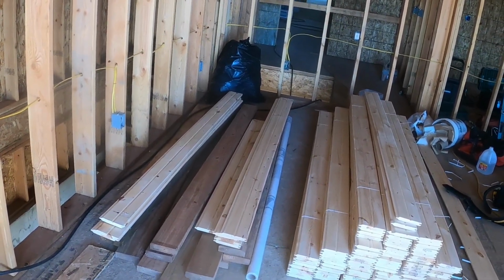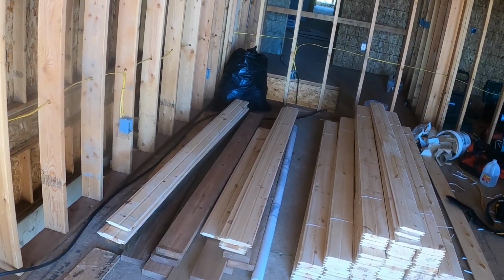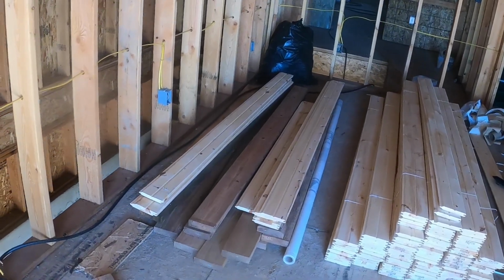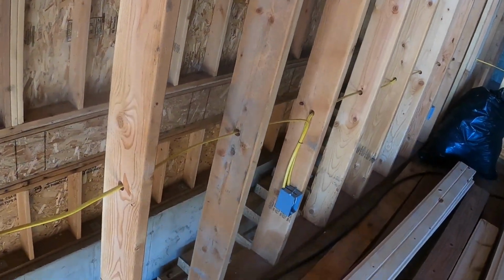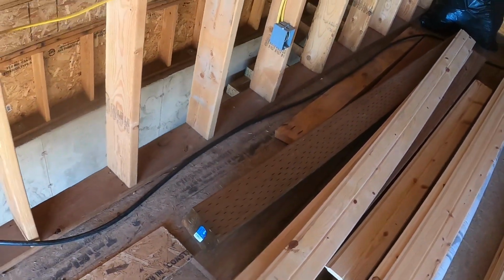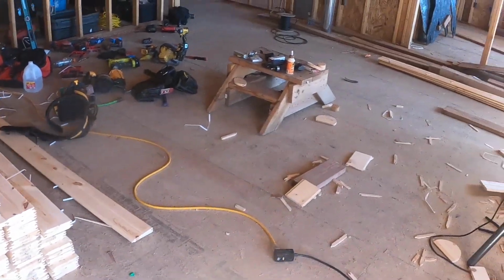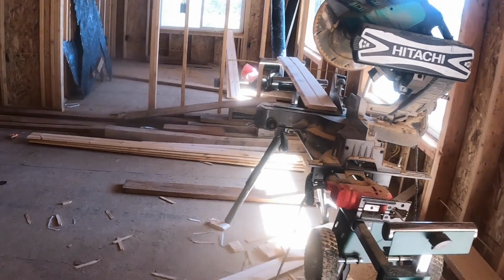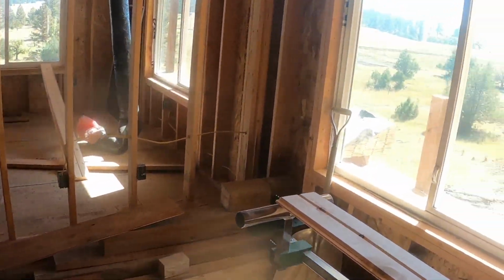4-foot pieces, and then I need 3 pieces of the 6x6, those right there, 3 foot long. The reason I'm going to go with 6x6 and not 4x4, my forklift forks are 3 inches thick. So it makes it,